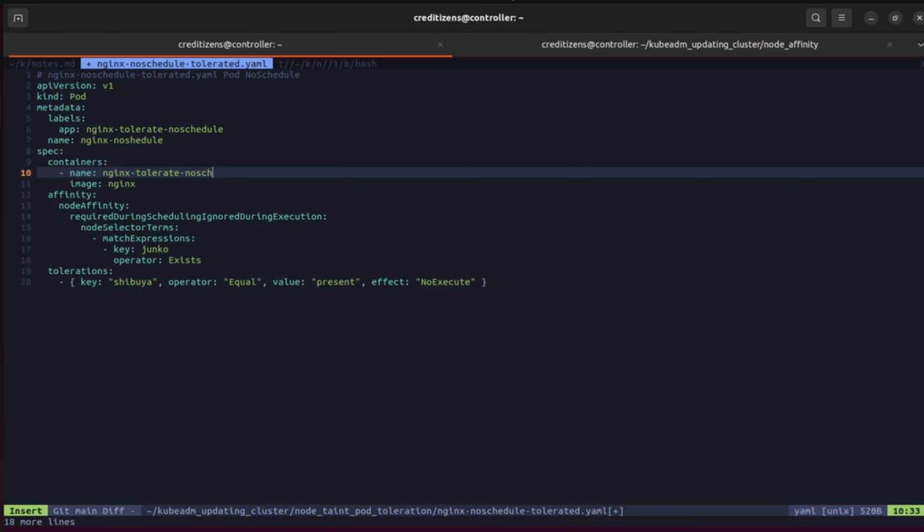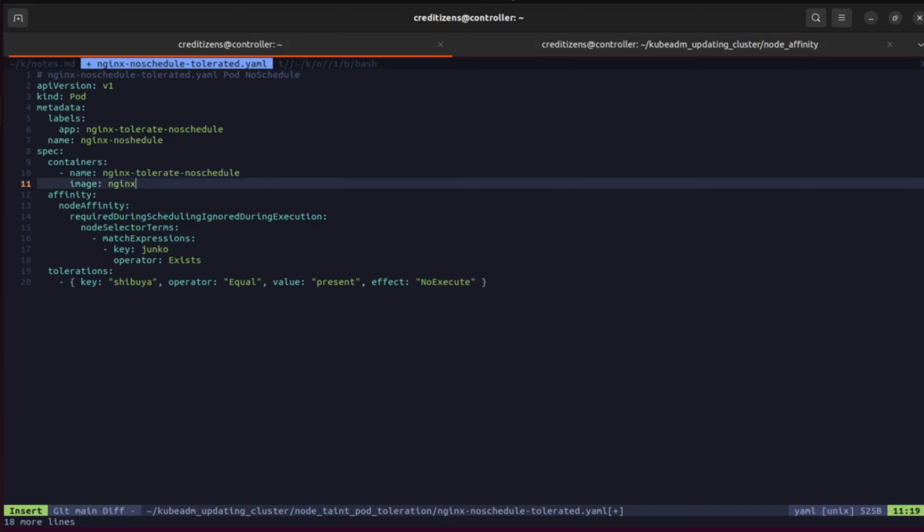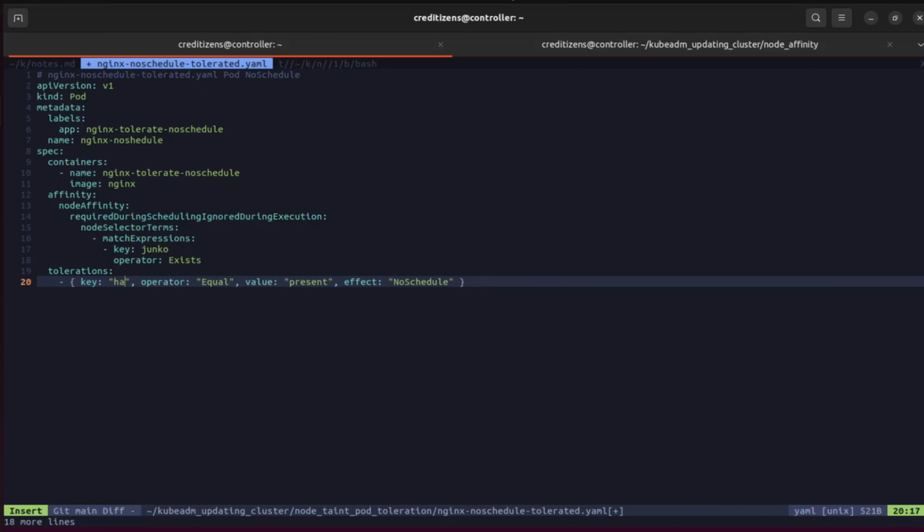For the container, we're going to do the same. We can keep the key or the affinity. And here we put NoSchedule. Let's see if we need to change the operator or not, or the key. So the key I can put